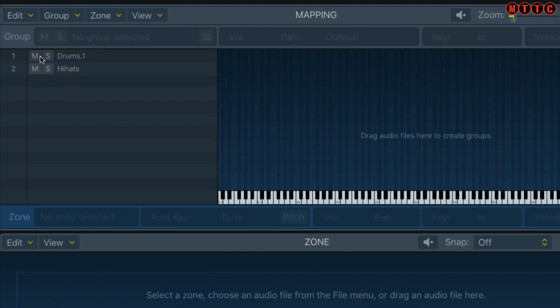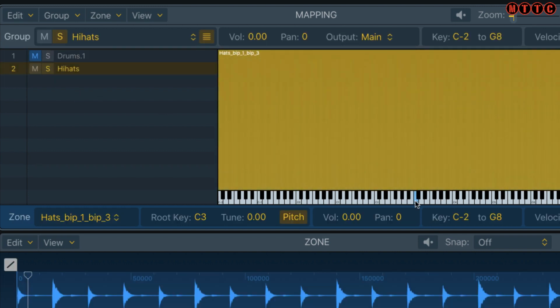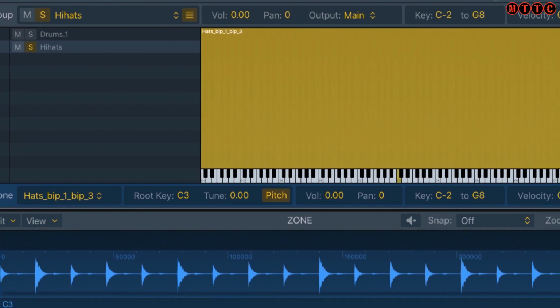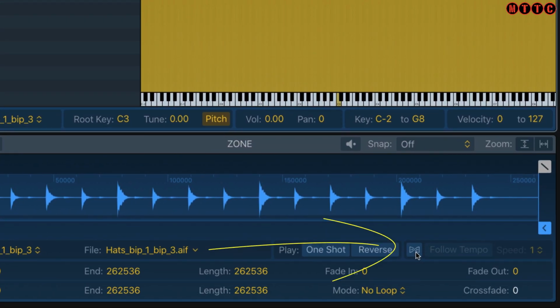So if I was to come back here and just solo the hats, and as you can tell, the lower down the keyboard I go, the lower the pitch and the slower the speed. So once again, what we're going to do is switch on the flex option.